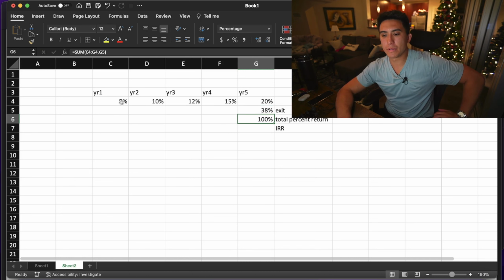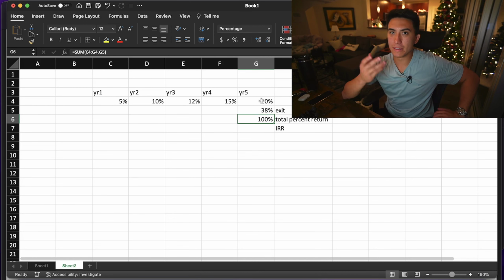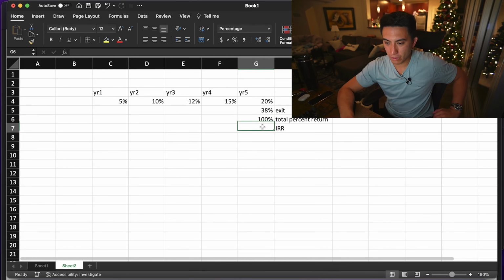That totals up to however much money was invested in the beginning. You made 100% return on your money after 5 years. What is the internal rate of return of that? We're going to divide